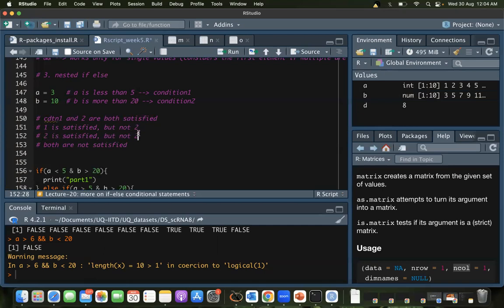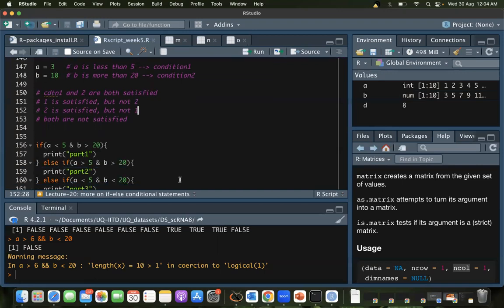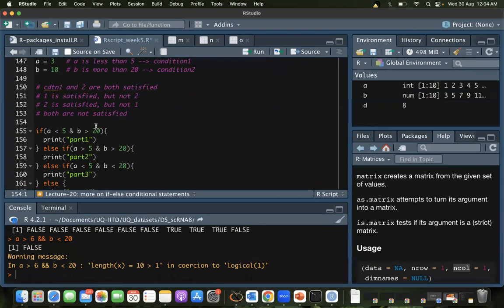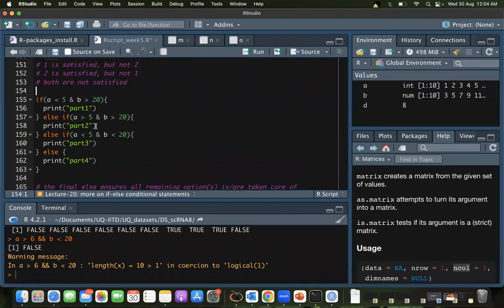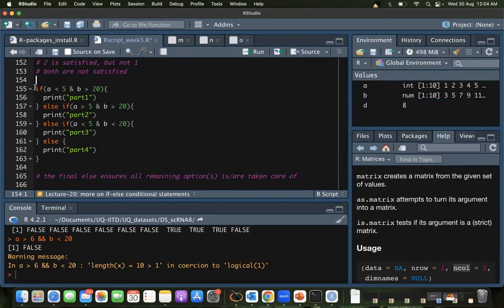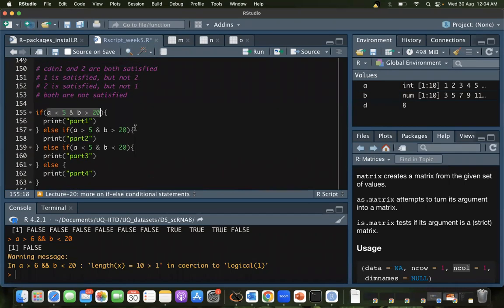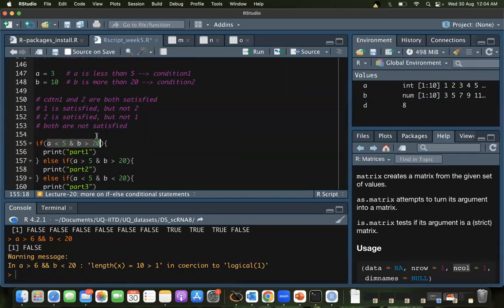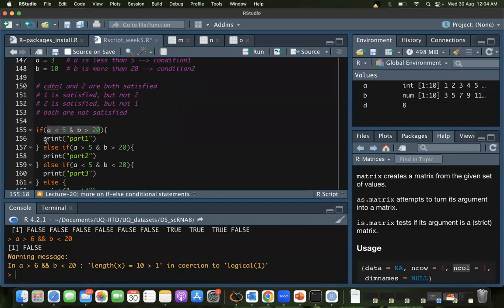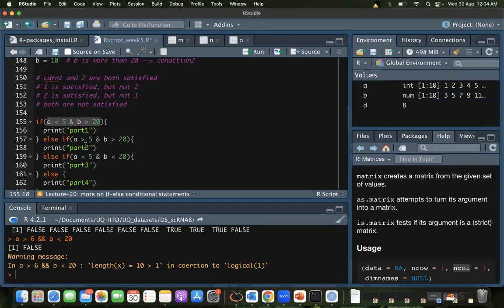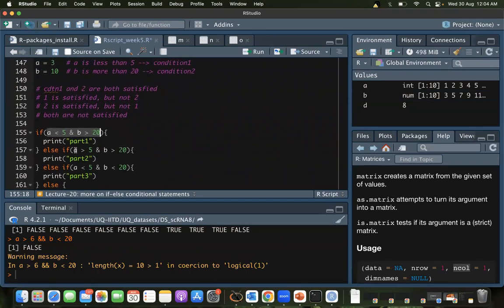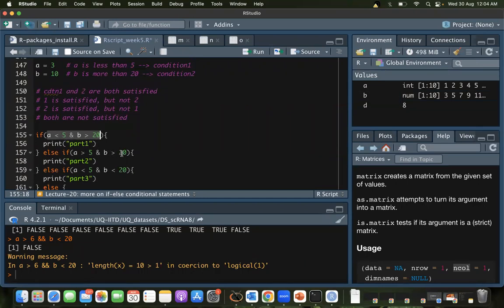Yes, this thing. Yeah. So this means I would like to have multiple of them. So this is one way of doing it. So here it's saying A is less than 5 and B is greater than 20. Both are satisfied. You do whatever you want to write here. Second option here is A is not satisfied, but B is satisfied. Like you've changed the sign of this thing here.